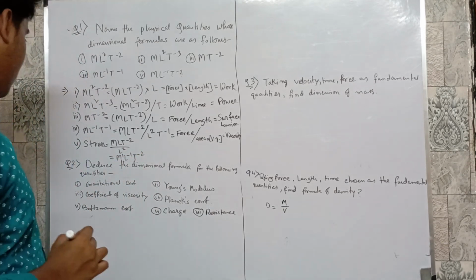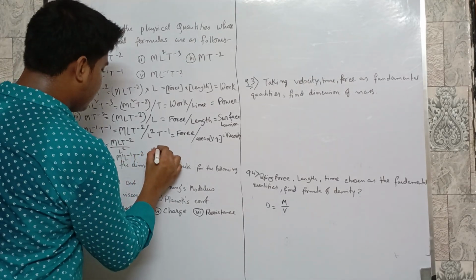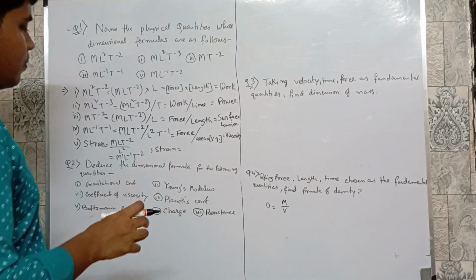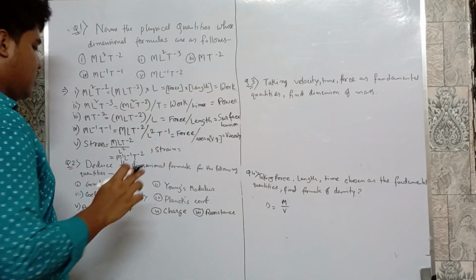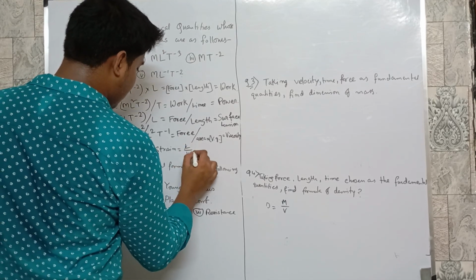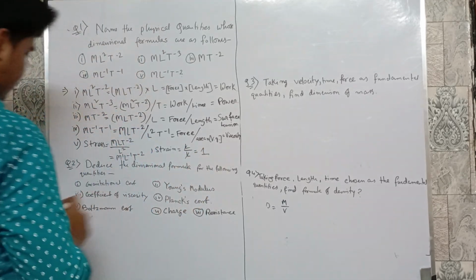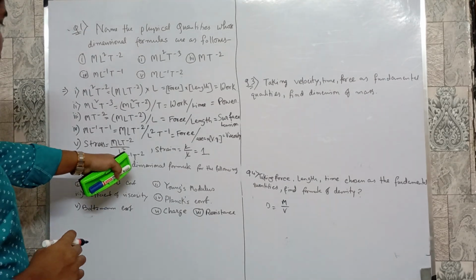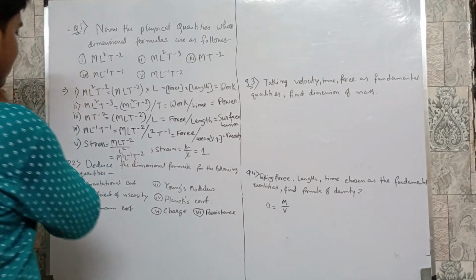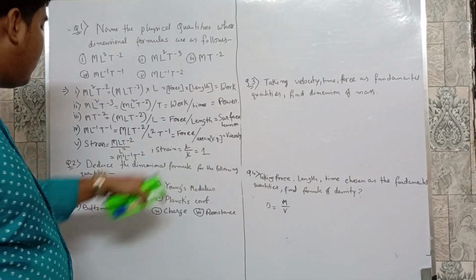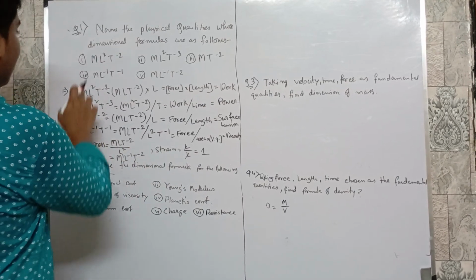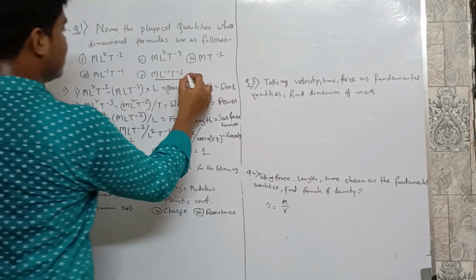And strain is the change in dimension by the original dimension, change in length by original length. So this is dimensionless. Stress has dimension M to the power 1 L to the power minus 1 T to the power minus 2, and strain is 1. So if you divide stress by strain, you get the same dimension as asked here. So this is the dimension of